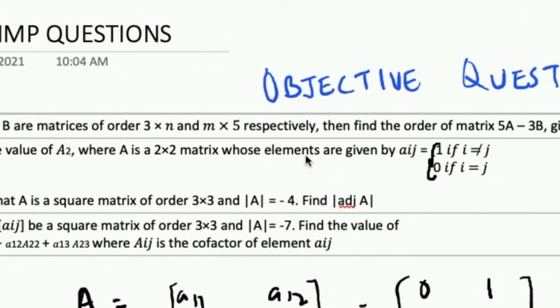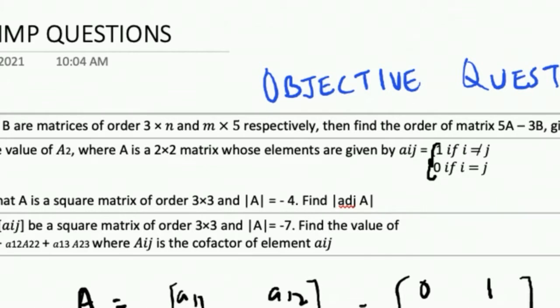First of all, I am starting with the discussion of the objective questions. These are one marker questions. We could find three one marker questions in that paper. Last year, these questions were there in the form of MCQs, but this time there won't be any options. They will come in the form of objective questions. You have to give a slight description and then find the solution. It's not that you will simply write the solution and get one mark. You have to give a small explanation also.